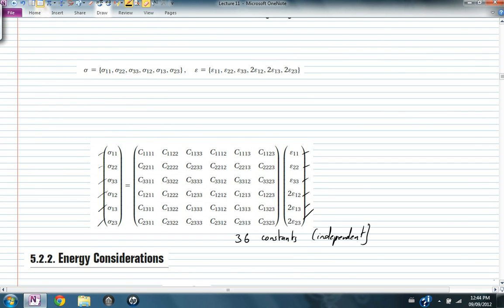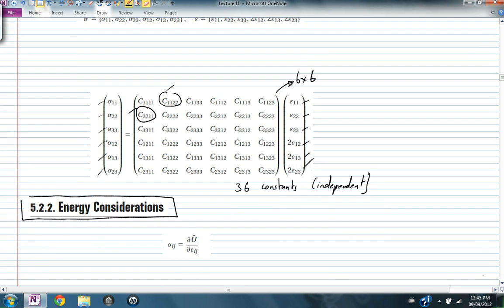Now, this is a problem that I always ask in the final exams and in the midterms. This matrix, which is a 6 by 6 matrix, is not necessarily symmetric. We never mentioned that this has to be equal to that. So far, these are not equal. However, due to energy considerations, and as we are going to cover right now, this value has to be equal to this value. So due to energy consideration, the matrix